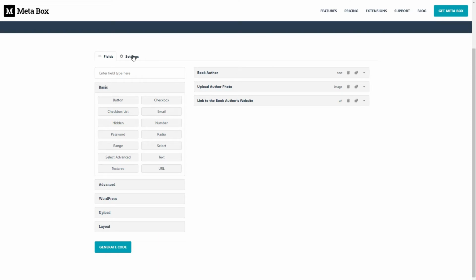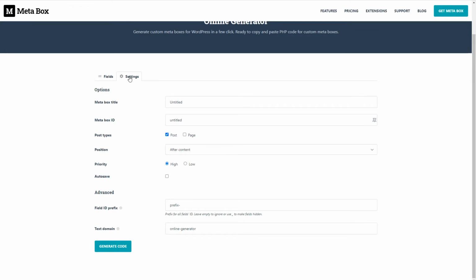Now to finish, you go to the settings tab. This is the name for our MetaBox group. So we're going to call it book fields and give it an ID. Now this is for our post type books, but it has no way of knowing that. So you have the option of post or page. And then the priority is if there are several different groups of custom fields or information there, whether to show it